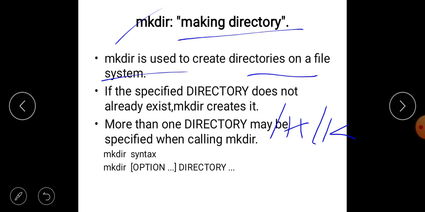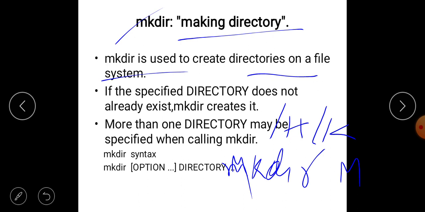Here suppose you are going to create one directory in the name of m. Okay, mkdir m.